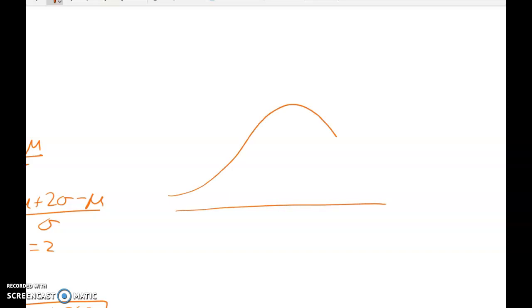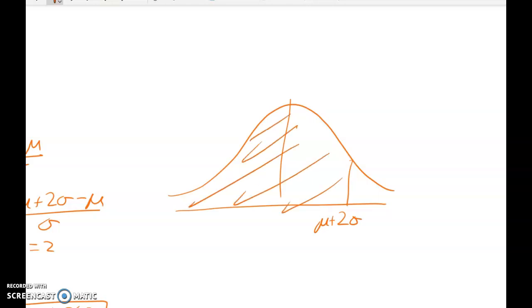So this is saying that if I go 2 sigma above the mean, all of that is 0.9772. So the probability of being above mu plus 2 sigma is going to be 1 minus that,